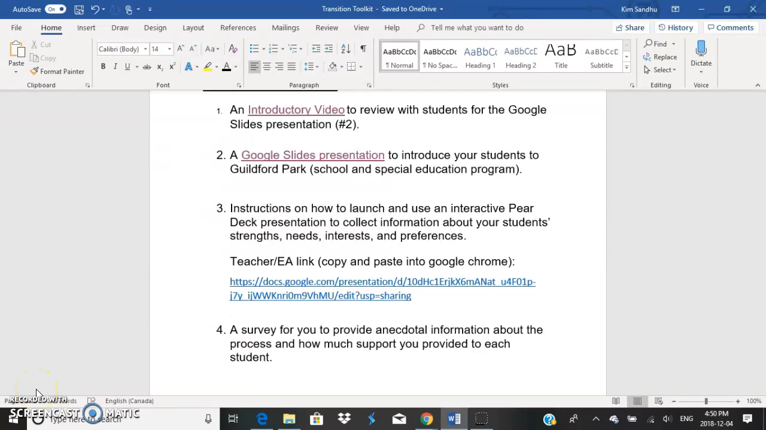These are the instructions for number 3 of your toolkit. Instructions on how to launch and use an interactive Pear Deck presentation. So,